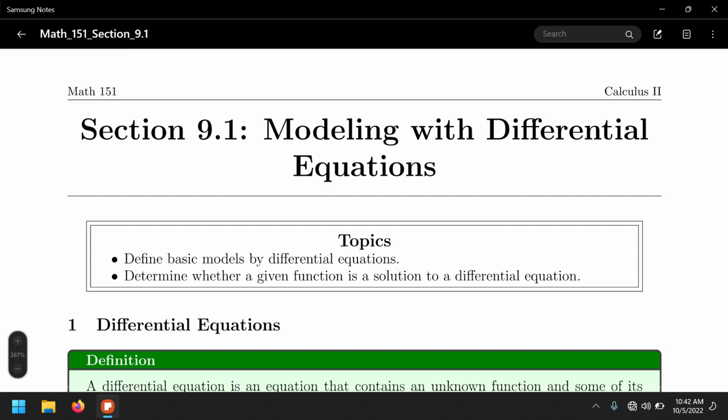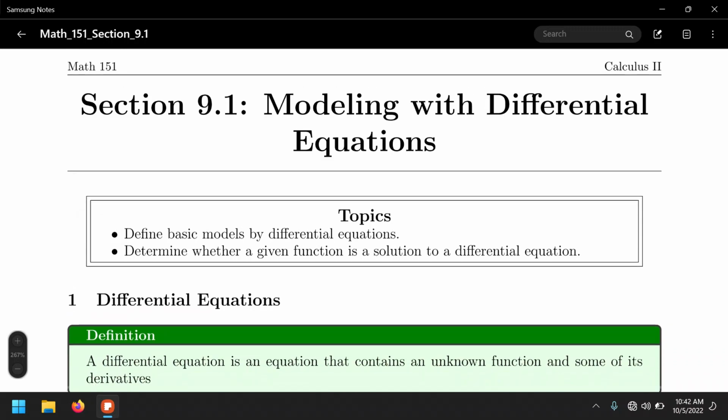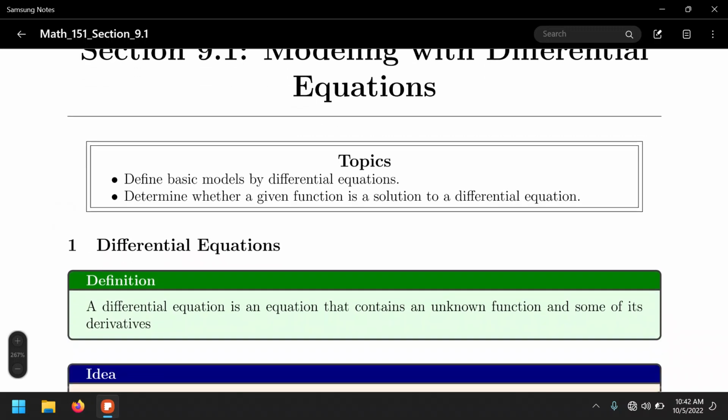For this chapter, modeling with differential equations. So what's a differential equation? A differential equation is an equation that contains